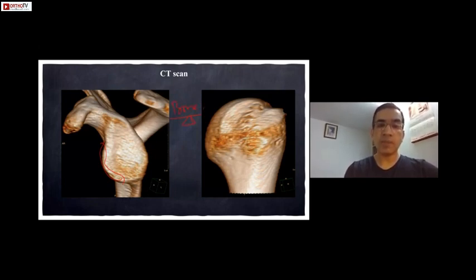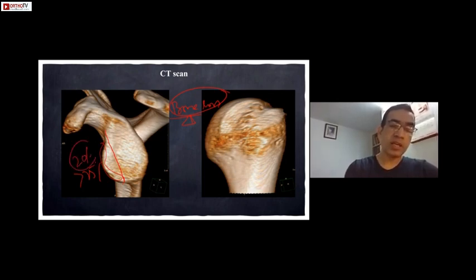If you have a very severe bone loss in the anterior aspect, that means the bone is lost almost more than 25%, or let me give you the lower limit, 20% onwards, then just the mere Bankart repair may not suffice. In that case, you might have to do a bony procedure, something like a Latarjet or